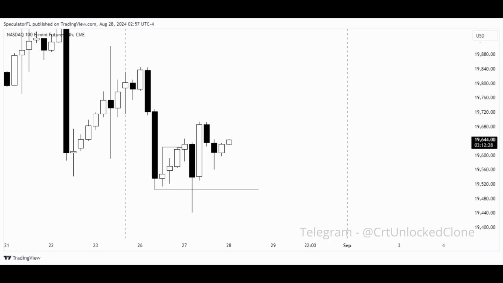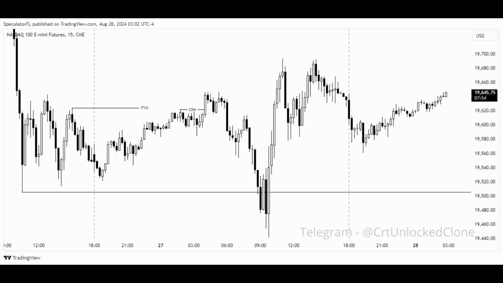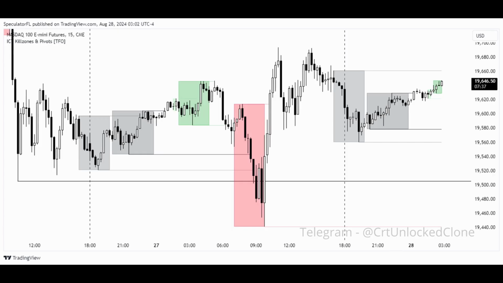Now let's go down to the 15-minute time frame and see what we got there. So on the 15 minute, you can see that for the first half of the day, price did not do anything significant at all and just ranged and formed this CRT candle on the 4-hour below the 4-hour FEG. So what I did is I waited for this candle to be purged during a key time, which was the London Open, and I waited to see a normal protraction profile, which is that basically I waited for a manipulation profile above this whole Asian session and CBDR range. And after that, I waited for a model 1 entry to target this CRT low.